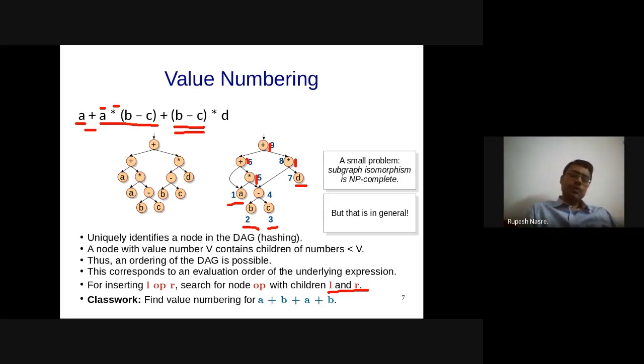Okay, some people are saying 5. What is the reason behind 5?